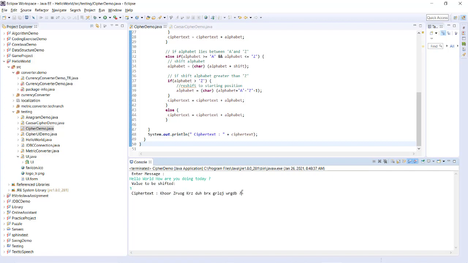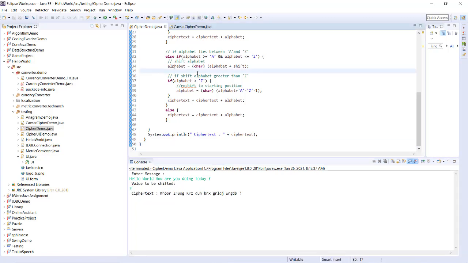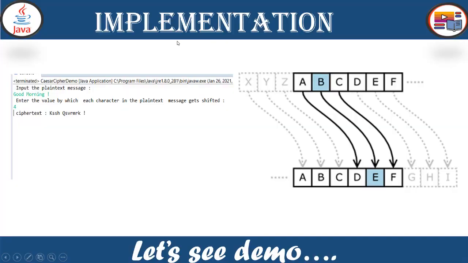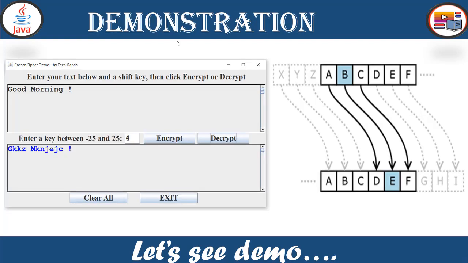So this is what HK. For E it is shifted to your right side +3, so will be H. So this is what the live implementation of Caesar cipher encryption and decryption algorithm implementation in Java. So this is what the basic very simple cipher text creation using Java, and what you can do here